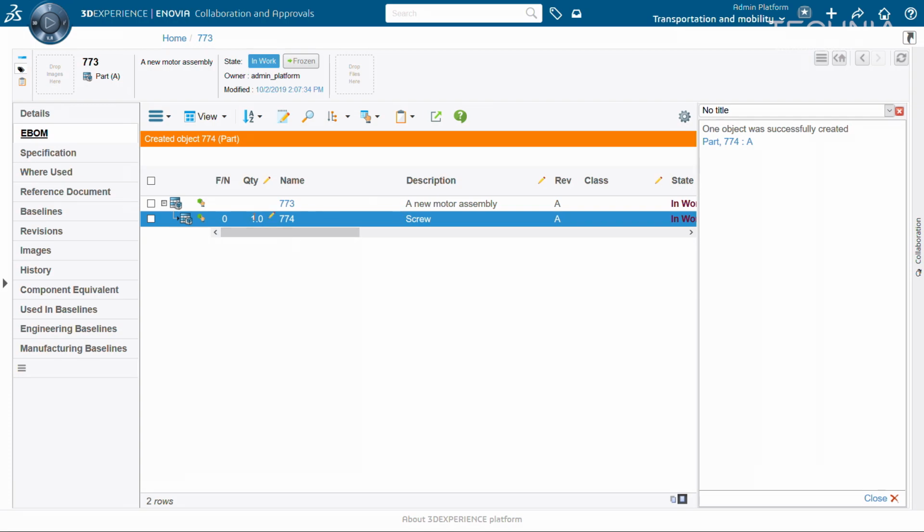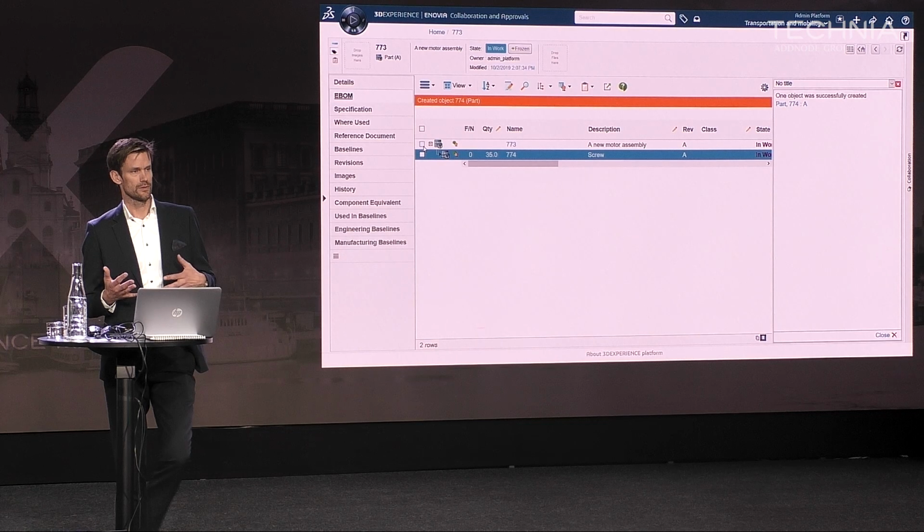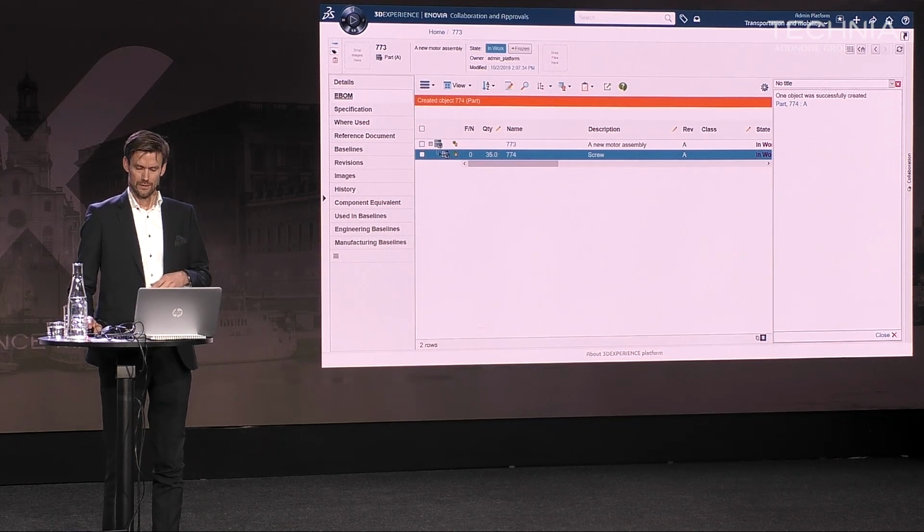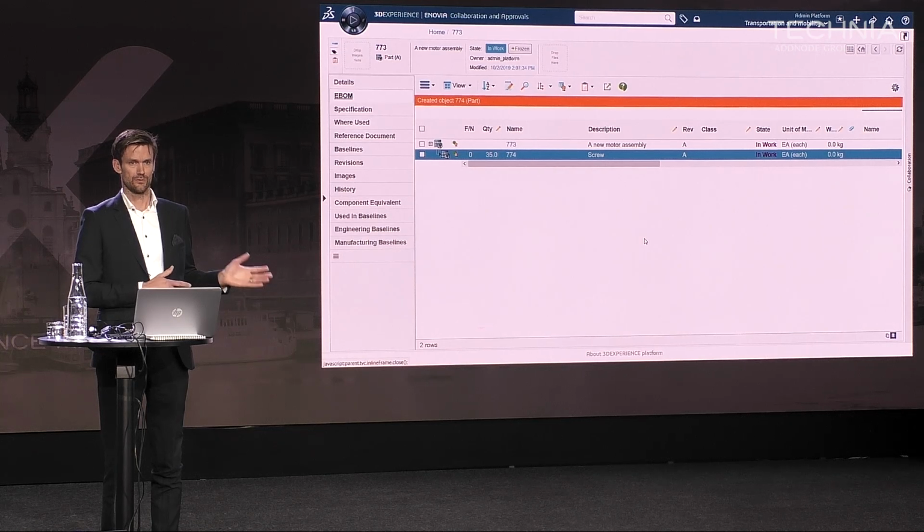So now I have a screw, and we will need 25 or 35 of those. So now I have a quite simple assembly here. So in this scenario, in some cases, you might want to transfer this engineering bill of material to your ERP system or to another system already at this stage.